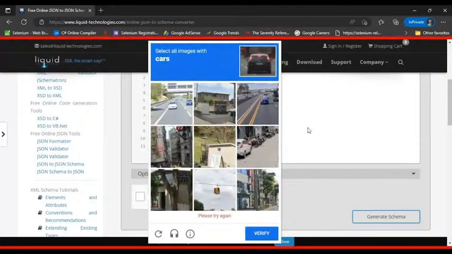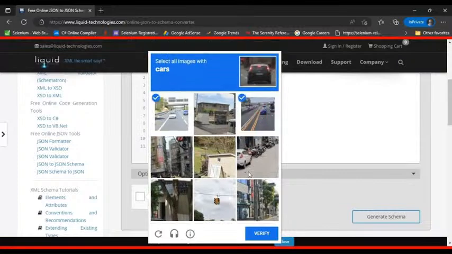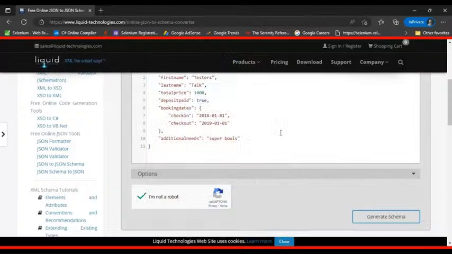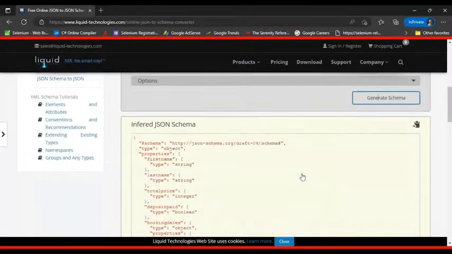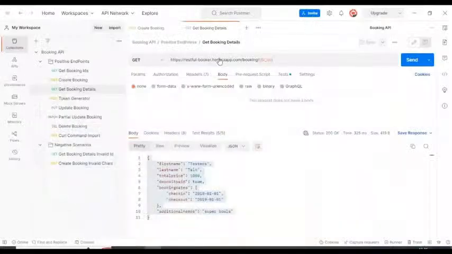So let's verify it. Okay, done. So we can click on generate schema, and here we got the JSON schema for the respective JSON object. You can click on this icon to copy the JSON schema, and you can come here in the,